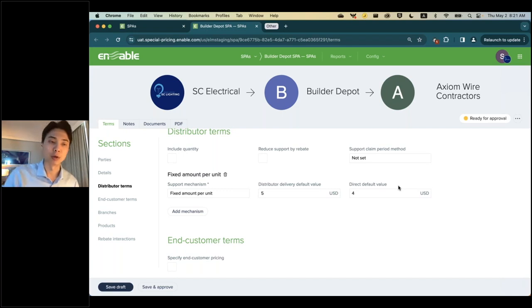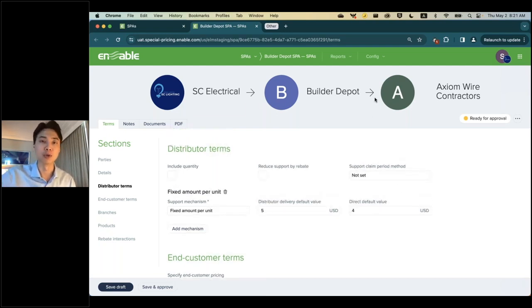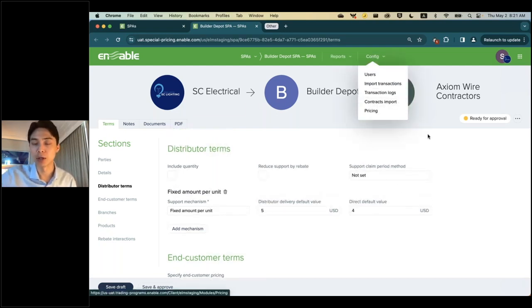One thing I wanted to call out is today you might have a lot of these SPA contract details living in one place already, maybe in Excel or in a different system. You might be wondering, when we move with Enable, do we have to create these one by one? The option is there for us to do a bulk upload, right? So rather than filling out the details one by one, we do have a contract import capability. We basically map out all of your details to make it Enable